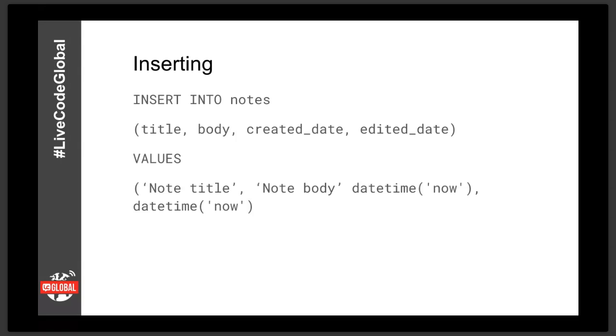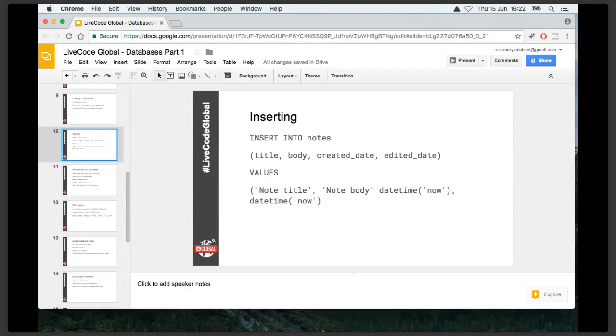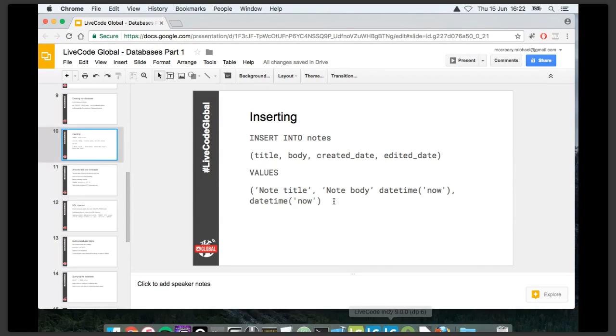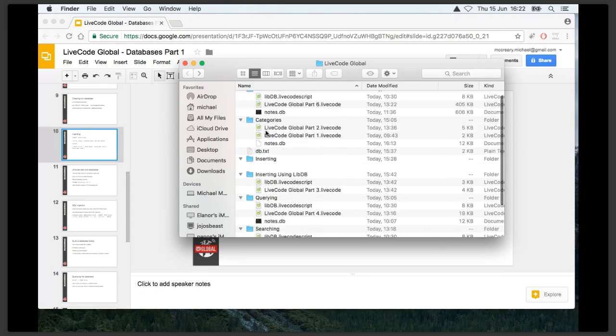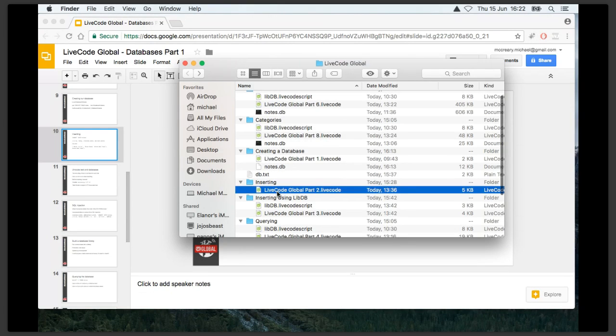Matthias is asking, is there a comma missing in your code? Yes, there is. There is a comma and a closing bracket missing between note body and date time now, and a closing bracket at the very end. I really should have gone over that, but he is correct, well spotted. So let's actually go back to our stack and show that in practice. So if we go to inserting,